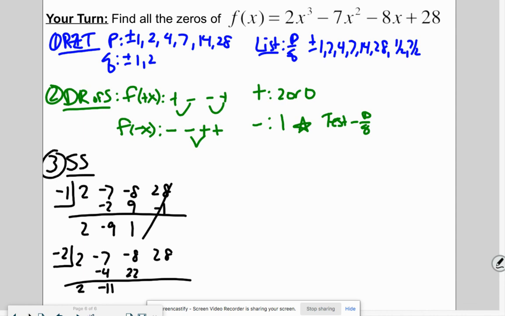Oh, no, that's right so far. Okay, 14, sorry. That one is good. We have a 0. Okay, good. This one is our one negative real root. So we don't have any other negative roots. We could have 2 or 0 positive roots, which means now we're going to take this depressed polynomial right here,